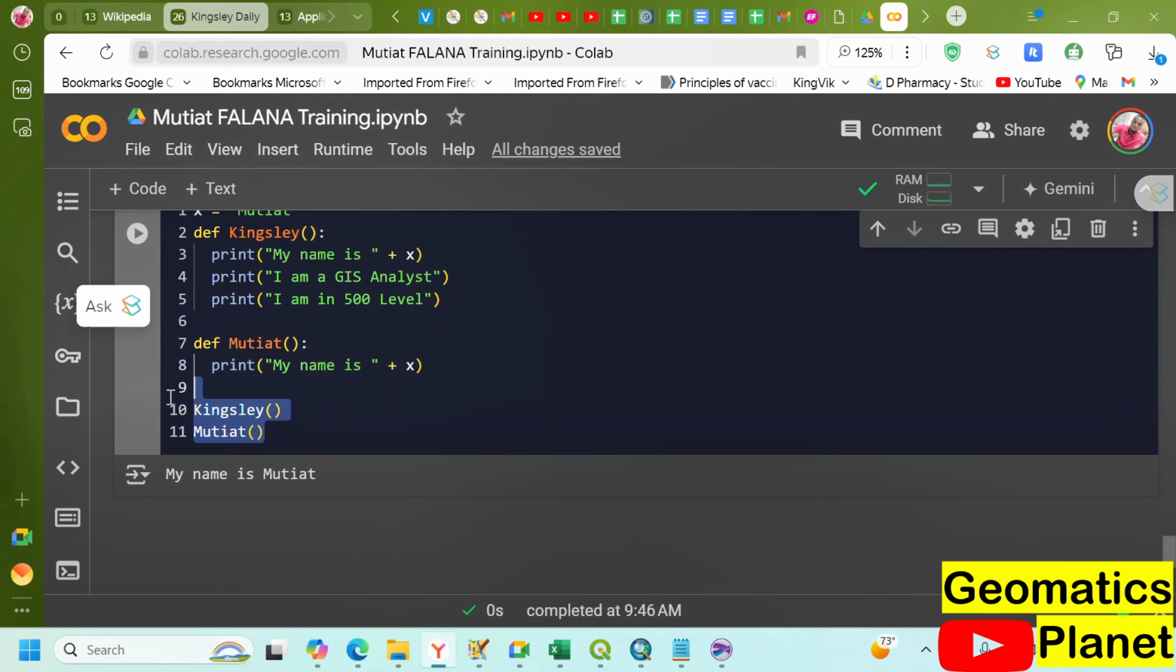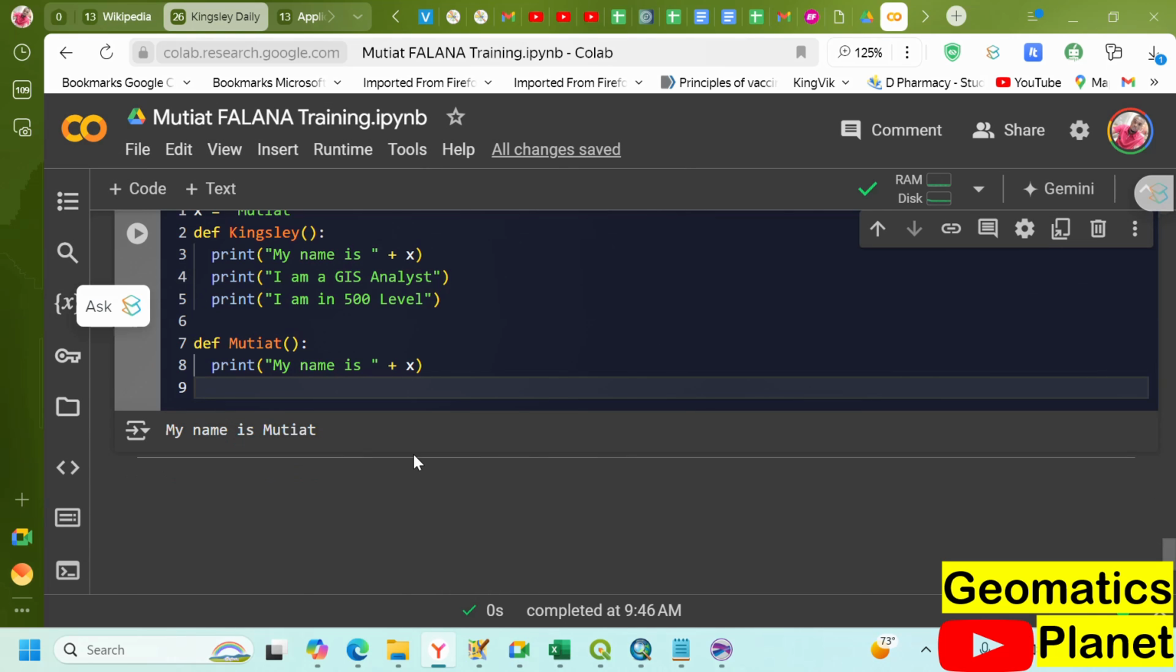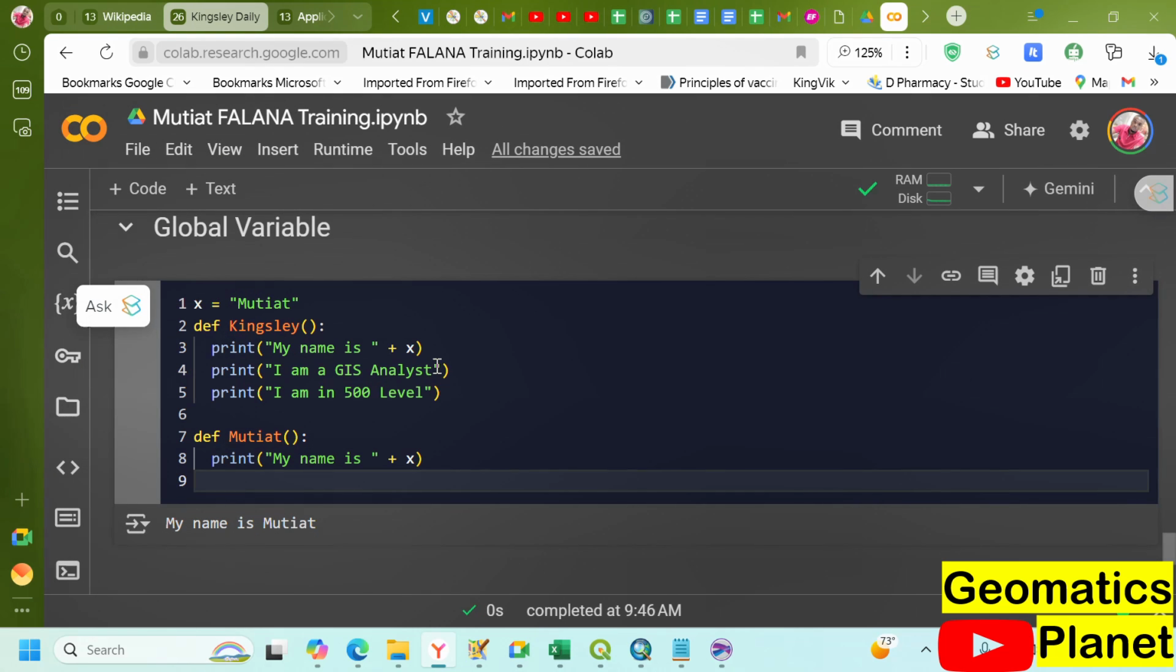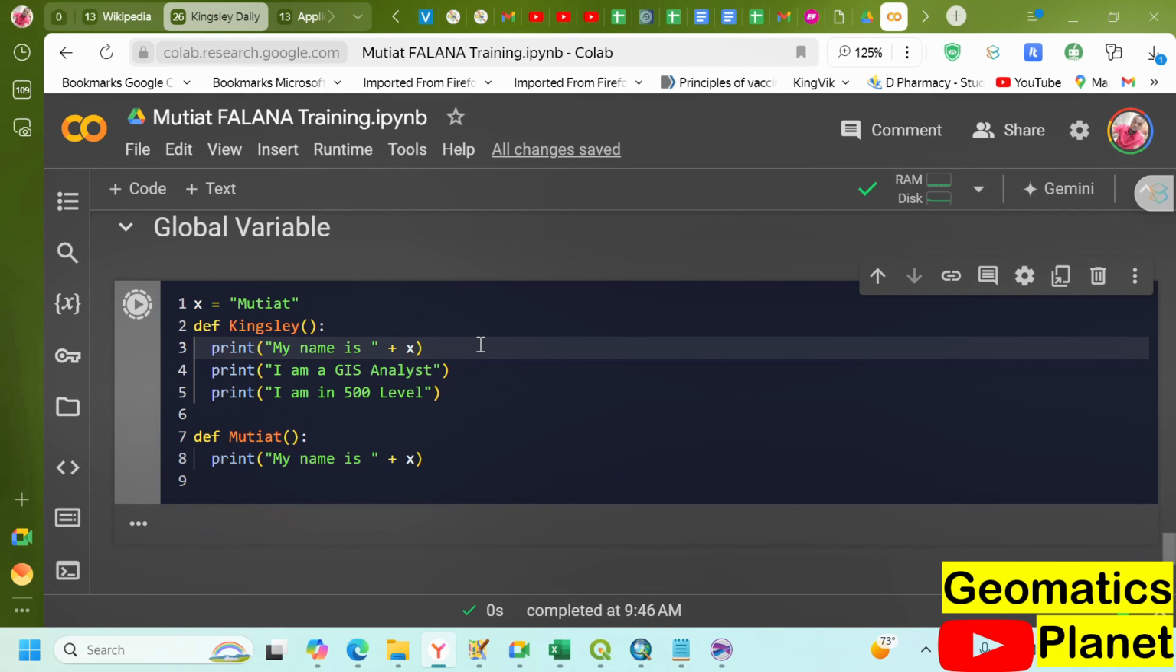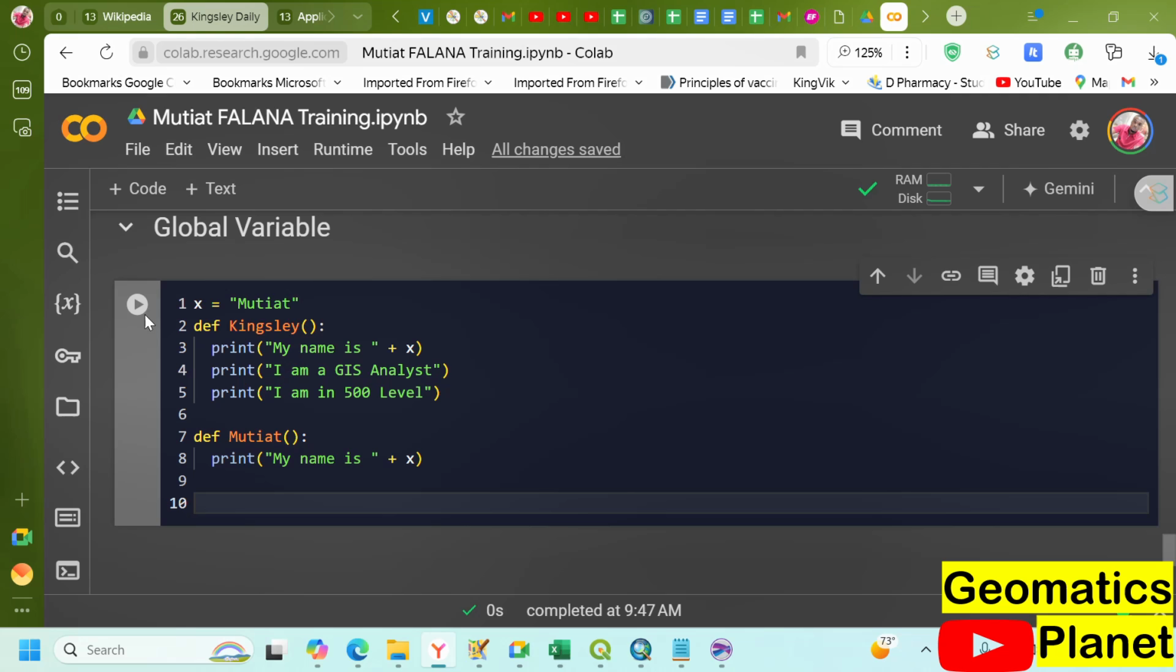Now, let's start with this. Now, look at this code. This is a block of code. If I run this, what will happen? Nothing will happen. But I want to only run this code, but what I want is,